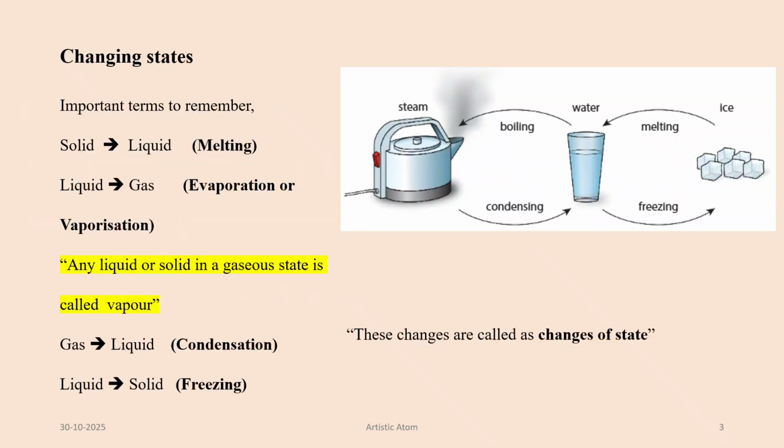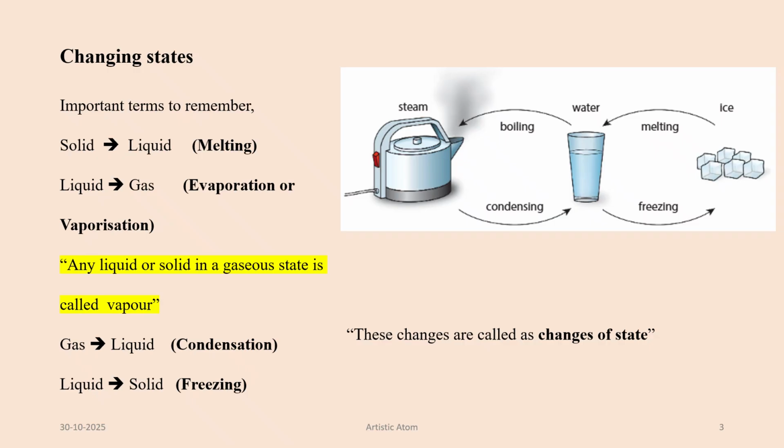In this, we will be discussing changing states. In the previous session, we somewhat discussed the particle model consisting of solids, liquids, and gases, and the different properties associated with them. In this session, we will be discussing what will happen if heat or energy is provided to solids, liquids, and gases. The conclusion is that when heat or energy is provided to the system, a phenomenon happens which is called change of states,